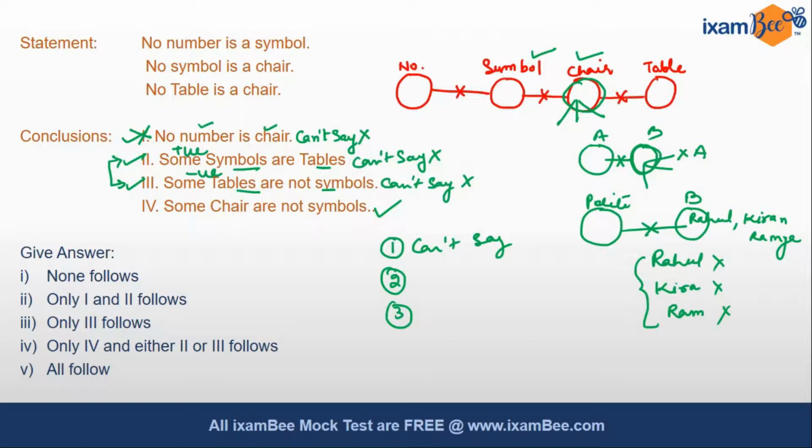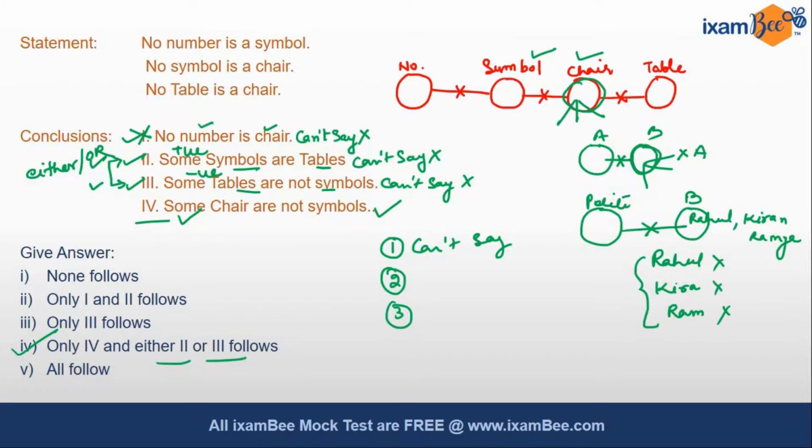So as we see, all our 3 conditions are satisfied for conclusion 2 and 3, and that means they are complementary pairs. Now whenever our conclusions come under a complementary pair, we mark our answer "either or". So as you can see, our fourth option will be valid here. Conclusion number 4 is definitely true as we have seen, and also either 2 or 3 follows. So in this way you have to make the diagram very clear and check for a complementary pair, which leads to the option "either or" whenever it's the case of can't say.